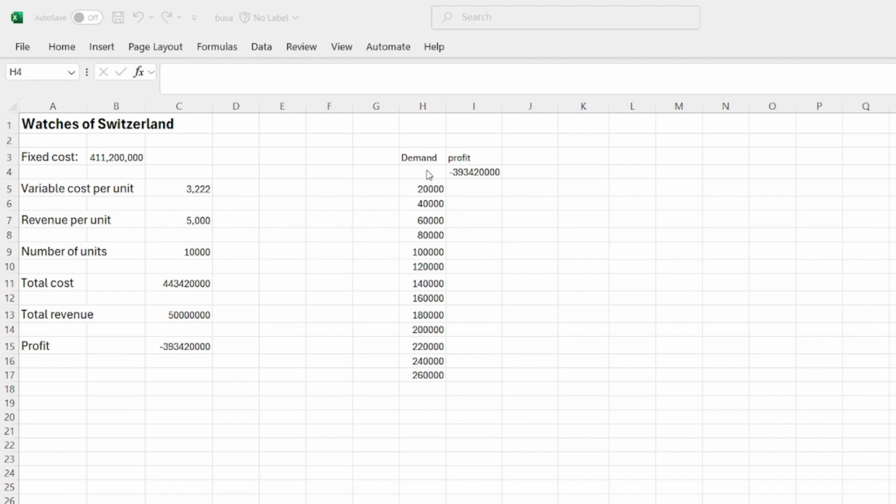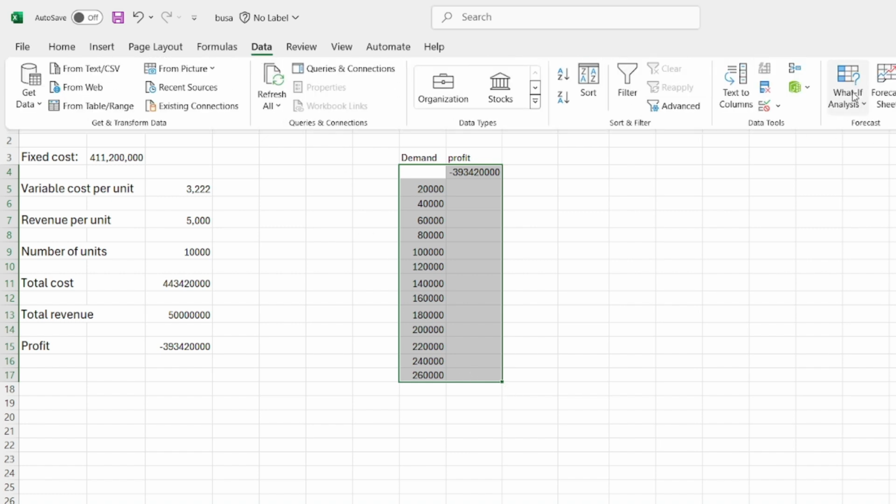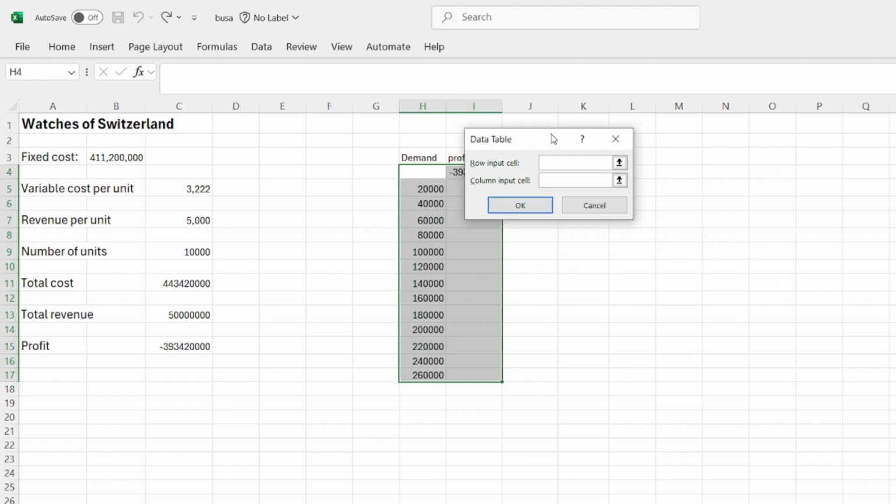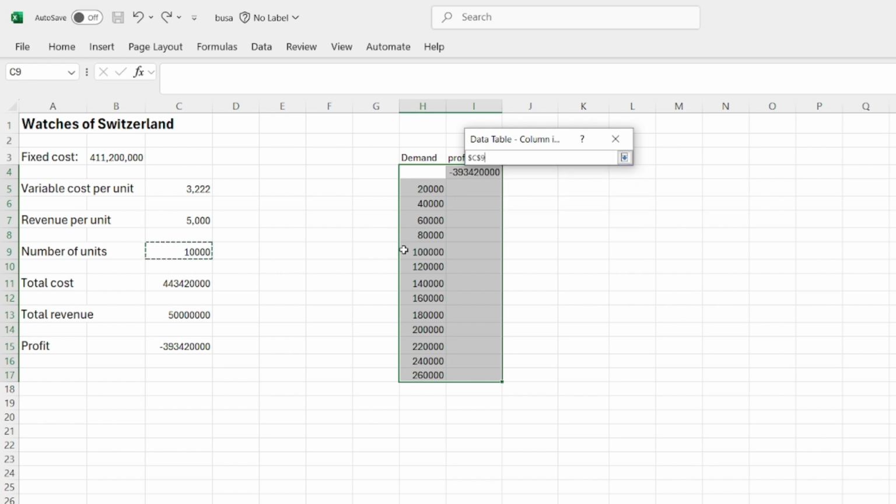Now we will use the data table function to illustrate the sensitivity of profit to demand. You select all these demand, go to the ribbon, File Data, What If Analysis, and click on Data Table. On the column input cell, you choose number of units, which is cell C9,